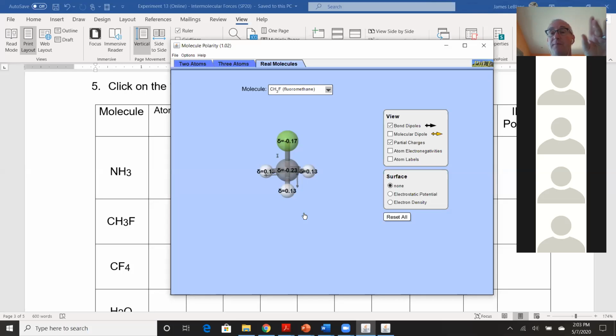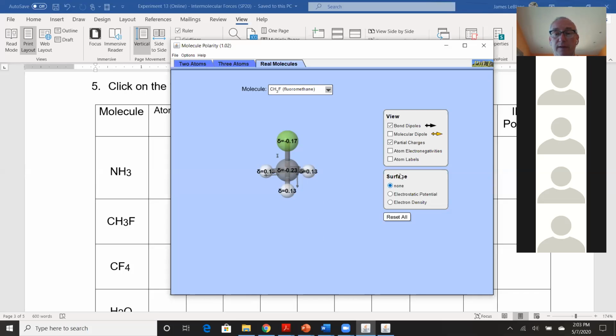It doesn't pull on them as much as the fluorine does. The fluorine is much more electronegative, but it only has 2 electrons to draw on. Carbon has 6. So even though it doesn't pull on those 6 electrons as much as fluorine would, it can pull on them enough so that its partial negative charge is even higher than fluorine's. Okay,